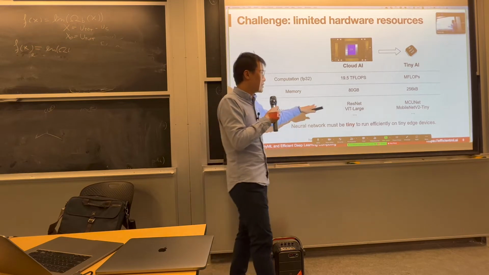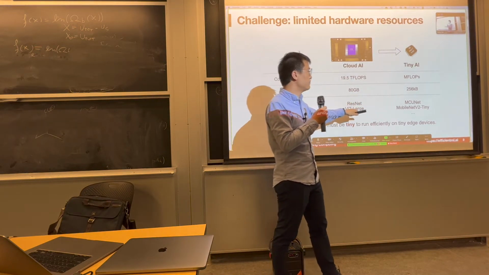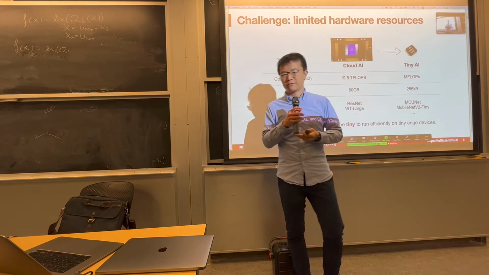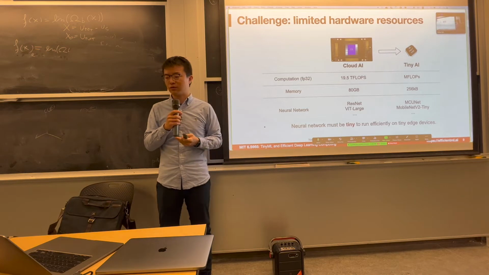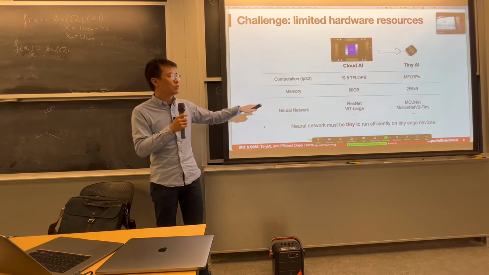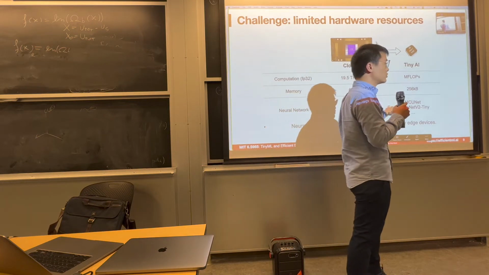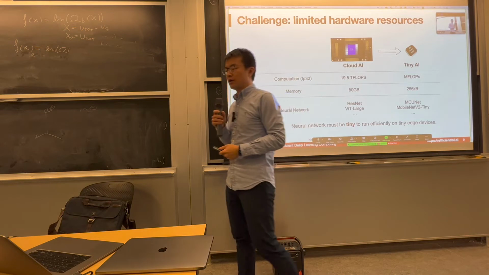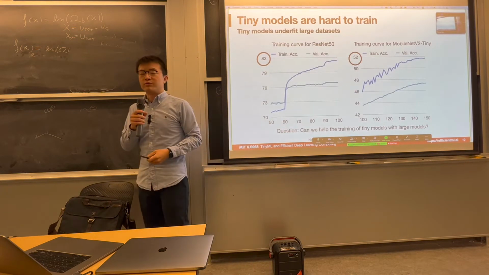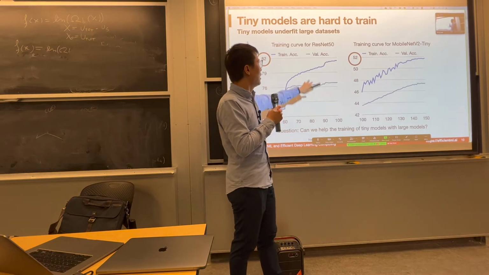Similarly, for neural nets, we used to have pretty large neural nets like ResNet and ViT. For tiny devices, we will have smaller neural nets like MCUNet and MobileNet Tiny. So we want to distill the knowledge from these large cloud-based models to these small edge AI models. Otherwise, we will observe a significant difference in accuracy between the cloud model